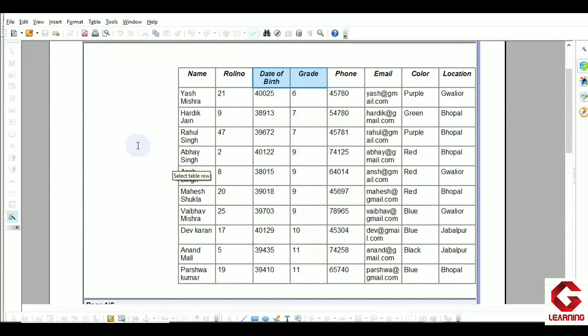And second, I arranged students as per their name also, in alphabetical order, when two or more students are there in one class. Here you can see that as in class 7 two students are there, their names got arranged in alphabetical order, and Hardik is coming first and thereafter Rahul. In class 9th also you can see that as 4 students are there, all the 4 students got arranged in alphabetical order. That's why we are getting Abhay, then Ansh, then Mahesh, and then Vaibhav. So this is the purpose of the step where we actually sorted our data.